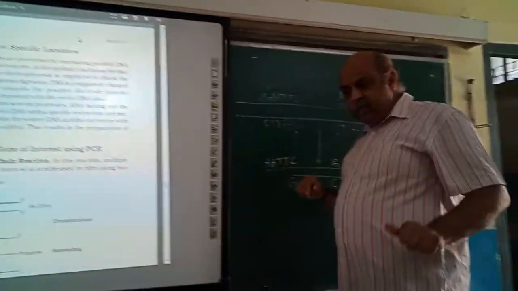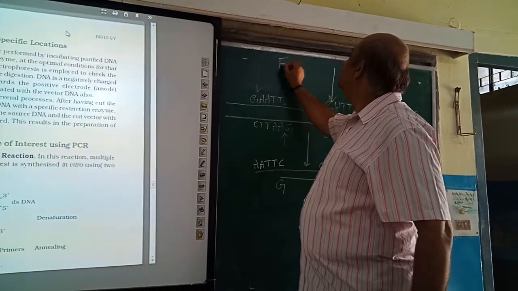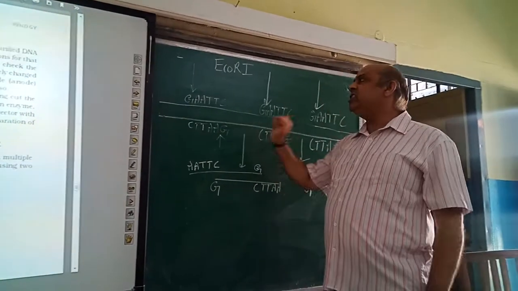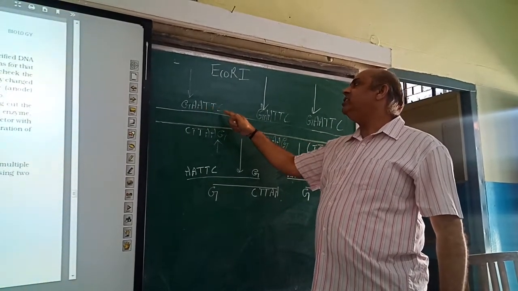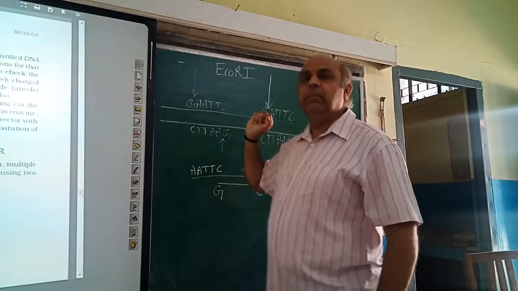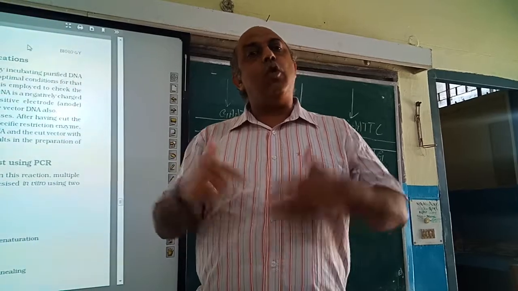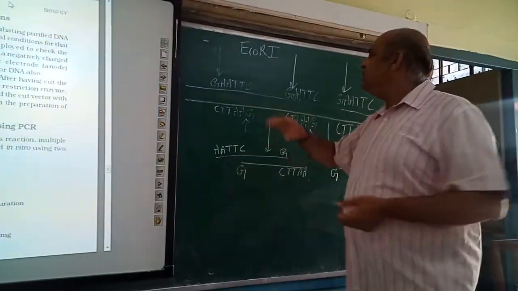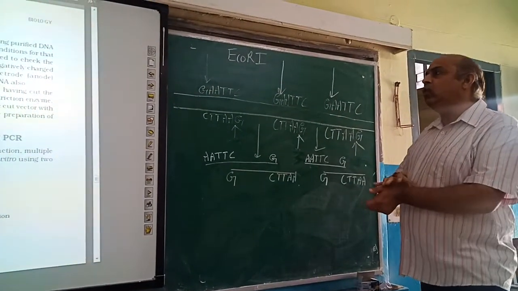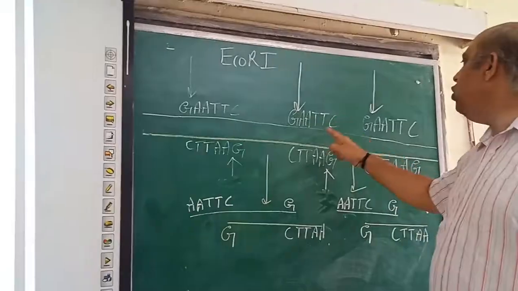Suppose we use the restriction enzyme EcoR1, and we all know that its restriction site is GAATTC, 5' to 3'. And I have already told you these types of sequences are called palindromic sequences. Okay, see, this is a segment of DNA. This is a molecule of DNA, and on this molecule of DNA, there are 3 sites of EcoR1. 1, 2, 3.